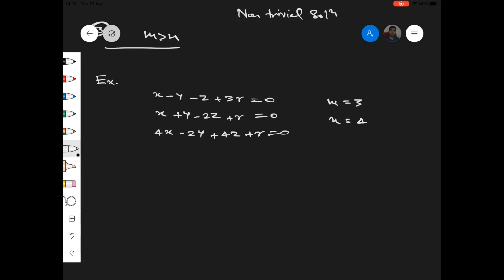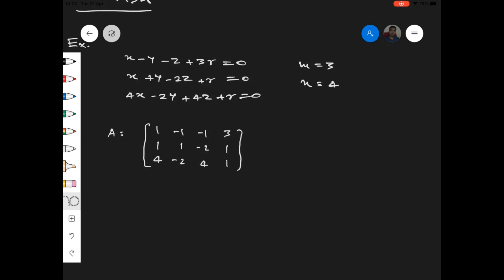So let us write its coefficient matrix A in this case. So it is going to be 1 1 4 minus 1 1 minus 2 minus 1 minus 2 4 3 1 1. Let us convert this matrix into its echelon form. So I am keeping the first row as it is, 1 minus 1 minus 1 3, and for row 2